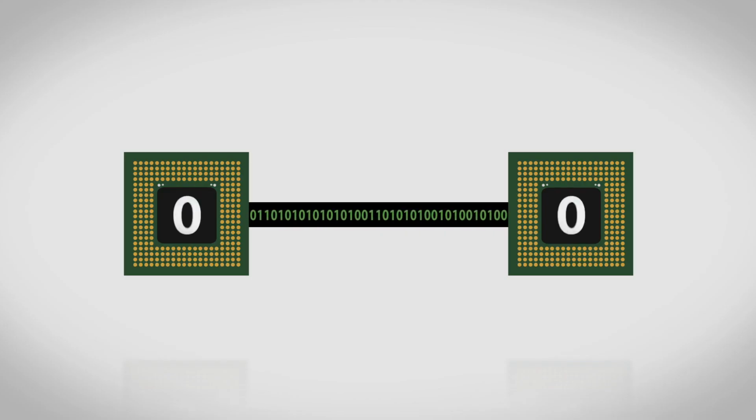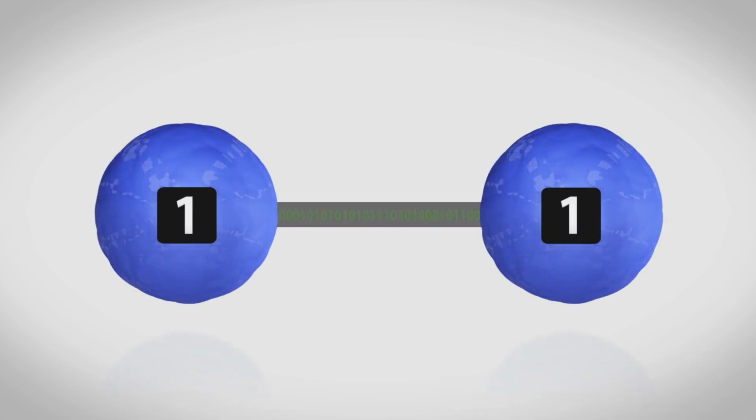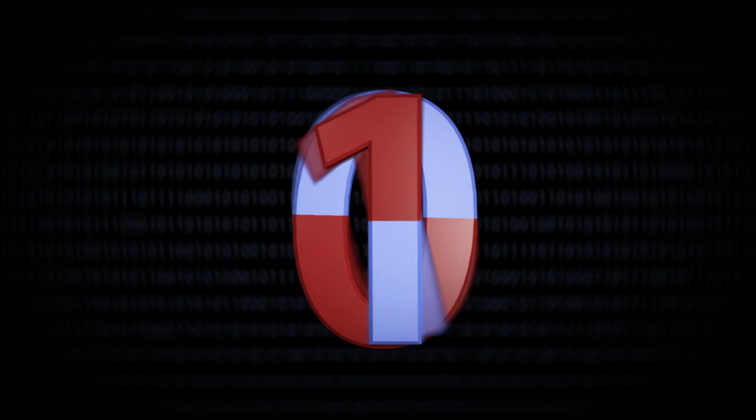In quantum computing, particles are neither ones nor zeros of the traditional binary code. Instead, these qubits, as they're called, can be 1, 0, or both values simultaneously. This means a quantum computer could calculate all possibilities simultaneously, allowing it to process a much greater amount of calculations per second.